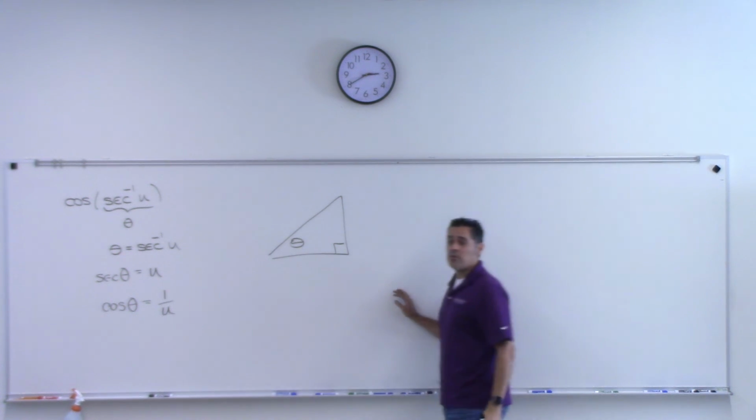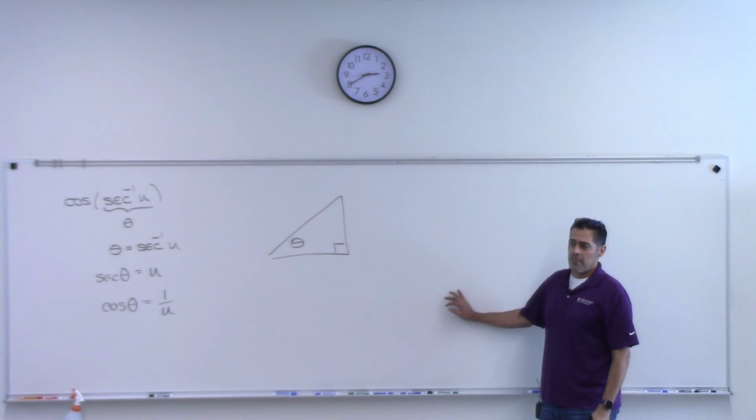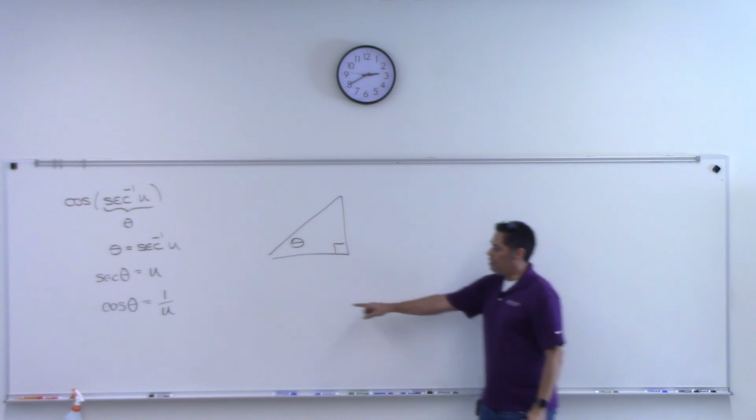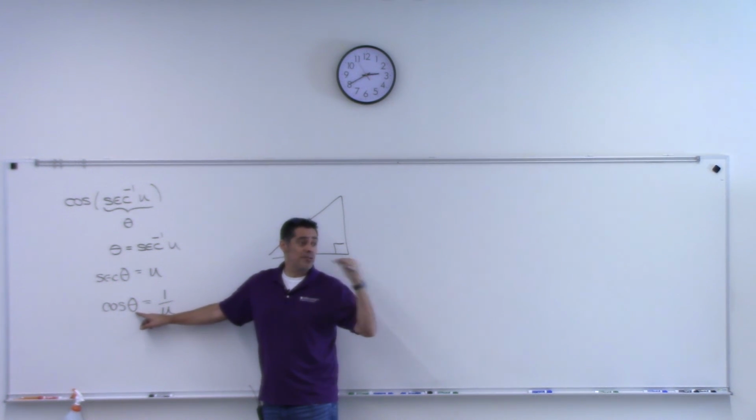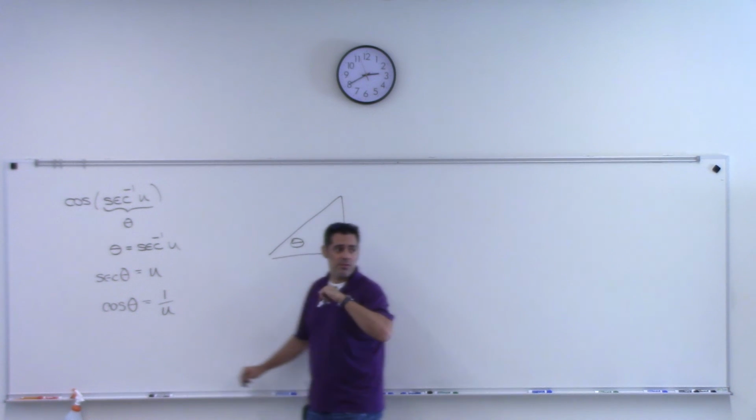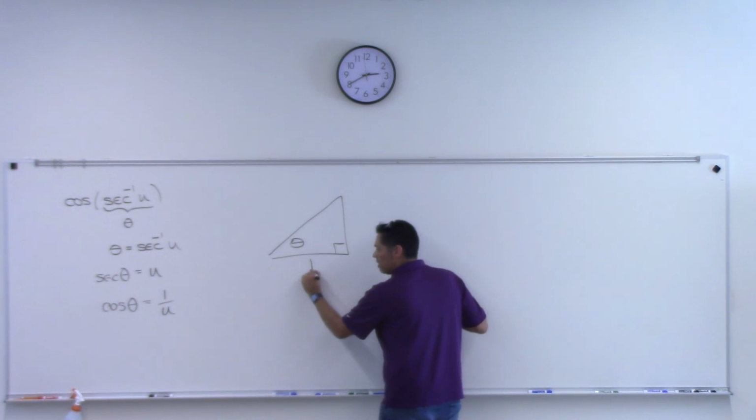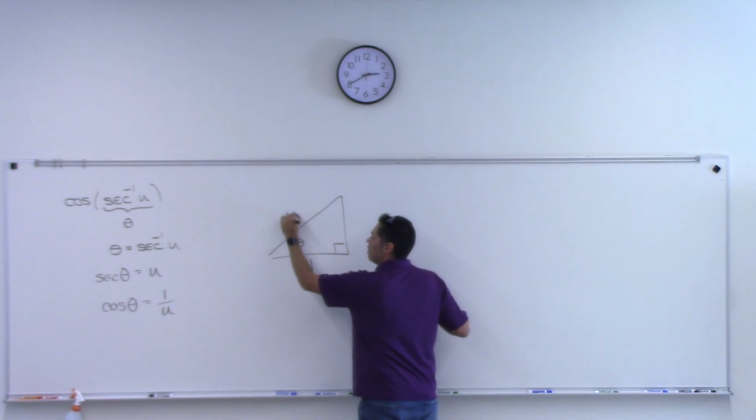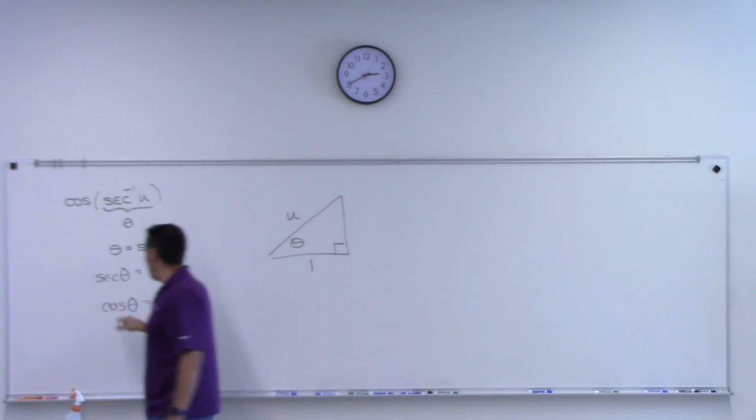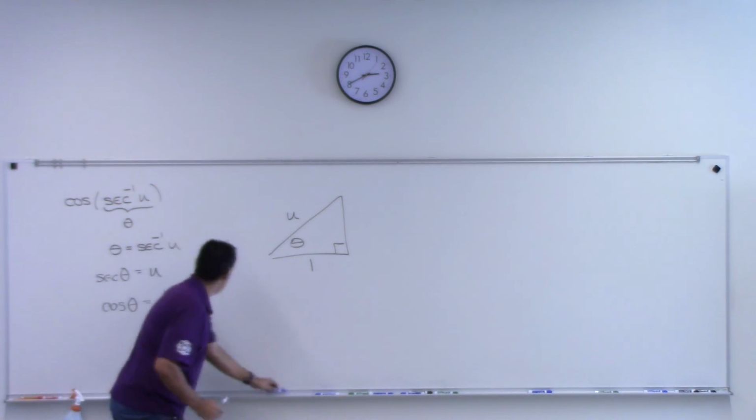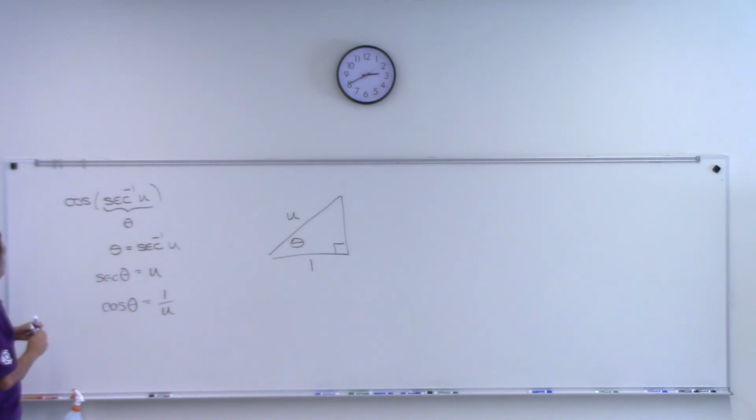You have to draw a reference triangle. So what is cosine of theta? Adjacent over, or x over y, but back off the right triangle, it's adjacent over hypotenuse, right? So it's 1 here and u here, right? That triangle represents this equation right here. Now, why am I doing that? Because when you look back at this, right, take a step back,